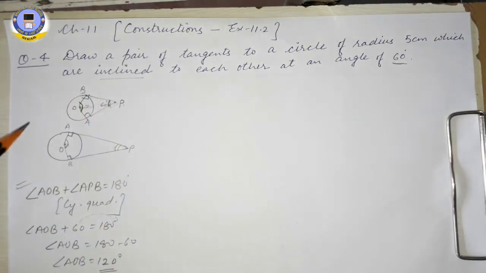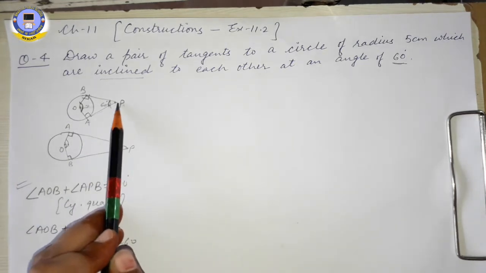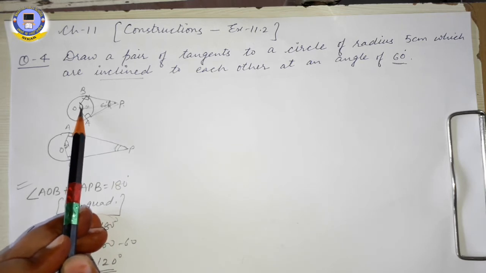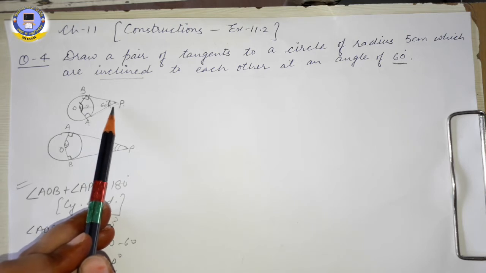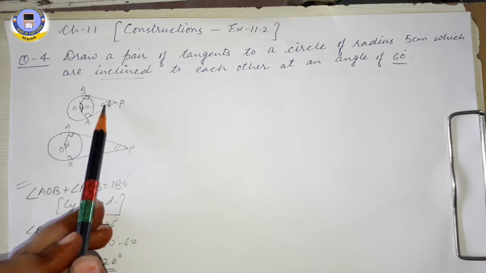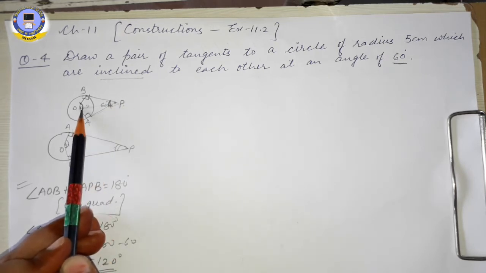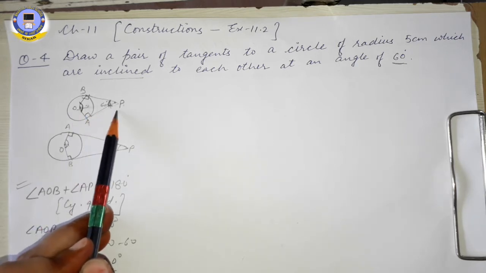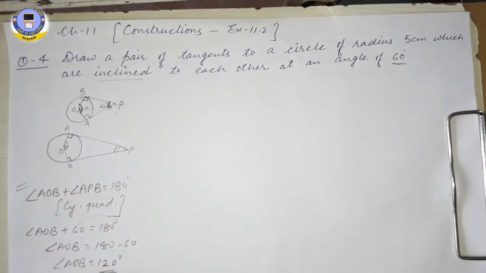Have you understood how this concept is different? Here it is nowhere mentioned that this external point is at what distance from center, class 10, but it is mentioned that both the tangents are meeting with each other at an angle of 60 degree. So if here an angle of 60 degree is formed, then what angle will be formed at center? Because center is known to us, but we don't have any idea where point P will come. So at center we can frame an angle of 120 degree. How? This I told you. In this way we can make an angle of 120 degree at the center.